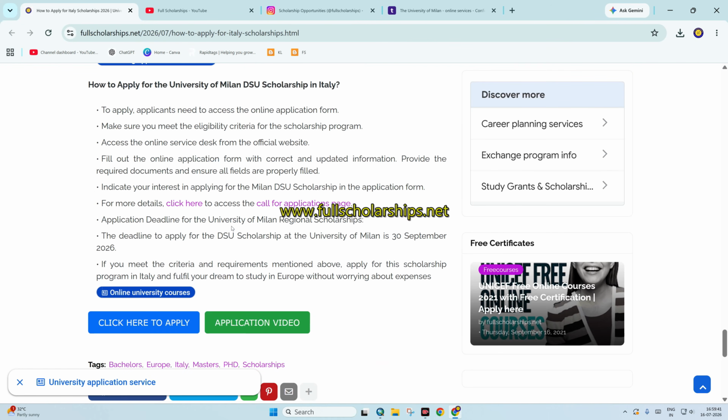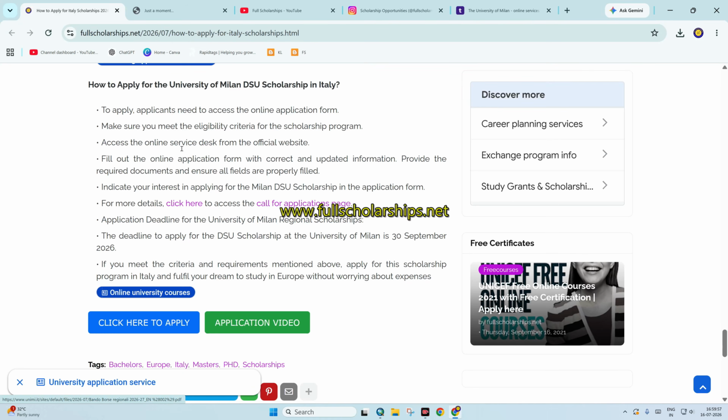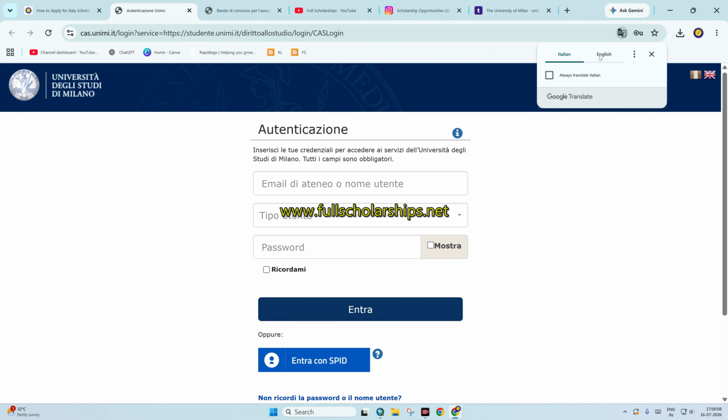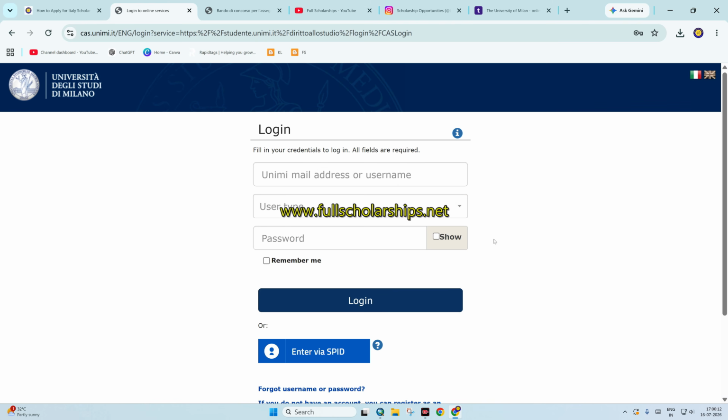How do you apply? Simply go to the official website. There we have given this notification where all call details are mentioned regarding the scholarship. We have given the link here as well. This is the PDF, but to start the application, scroll down and click on this link here. Once you tap on that, it will take you to this official website where you can register or sign up, and you can tap on this English button here, and this page will be in English.